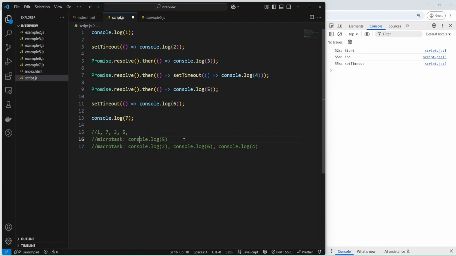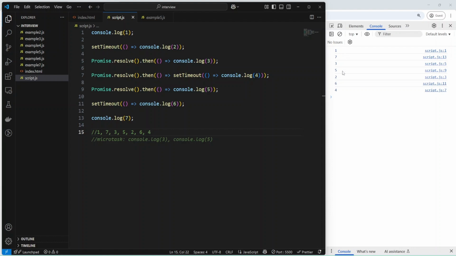Okay, and now we don't have any tasks in the micro task queue, and we can remove it, and then the event loop will start execution of the macro task, and we can add 2 to the console, and then we'll have 6 and only then 4.